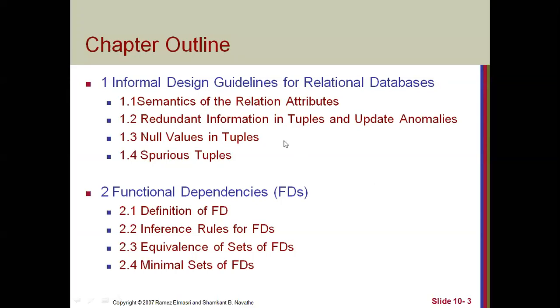Third guideline was about null values. The guideline says we should have as few null values as possible. In this guideline, we also have covered the various reasons for having a null value in our relation. So for exam, the probable or expected question would be what are the reasons or what are the situations in which null values are allowed in a table. So that was about it.